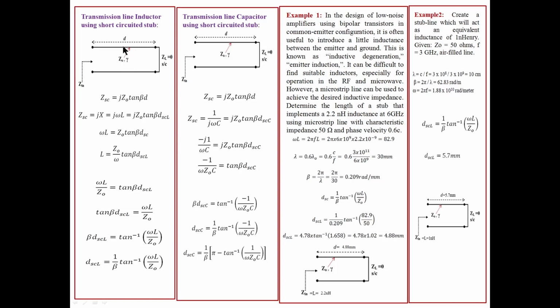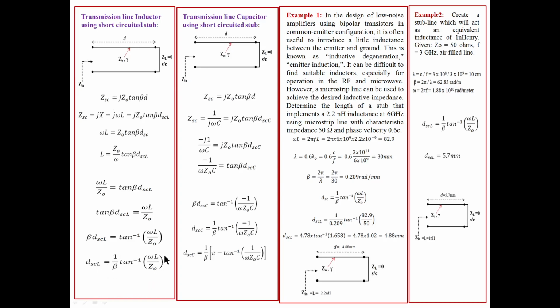What is the value of distance, or for a particular value of distance it offers that particular value of inductor. See, if you take a particular length here, the d value, corresponding to that the input impedance is an inductor. Some value of inductor it will offer based on this value. Based on the requirement L, if you want a particular value of L, you can find out the value of this. Okay, that we studied. This is an equation here, d_SCL, that means the short-circuited transmission line length for inductor implementation.